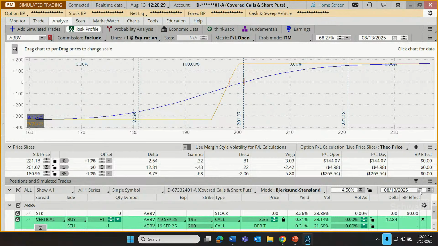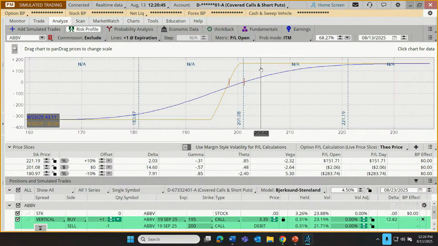Let me use the plus or minus because I want you to keep your eye on something as I'm doing this. For each time I click on the date upward, keep your eye on this blue line. And as the day goes by, what you'll notice, it's very subtle, but that blue line is adjusting itself upward toward the maximum gain and at the same time downward toward the maximum loss. I said I was going to do the 20th. Let's set it right at the 20th. Okay, that's a week from today.